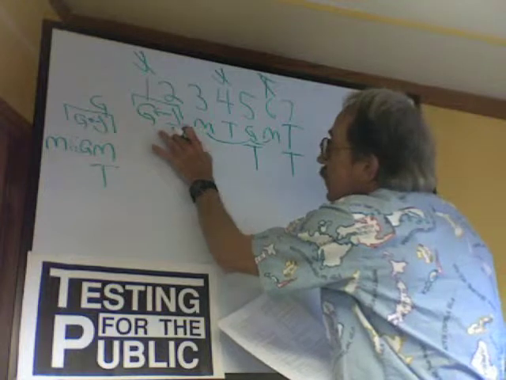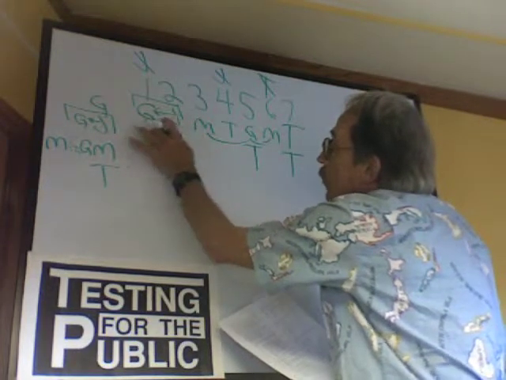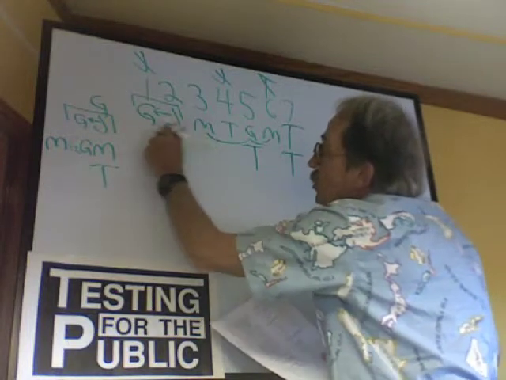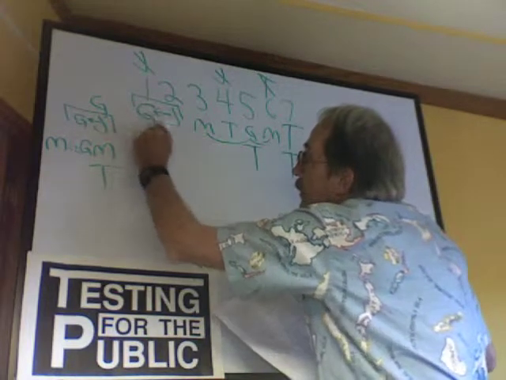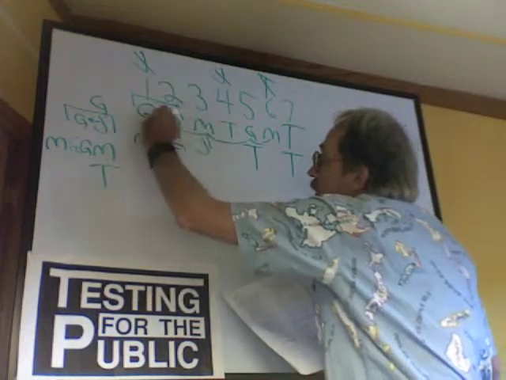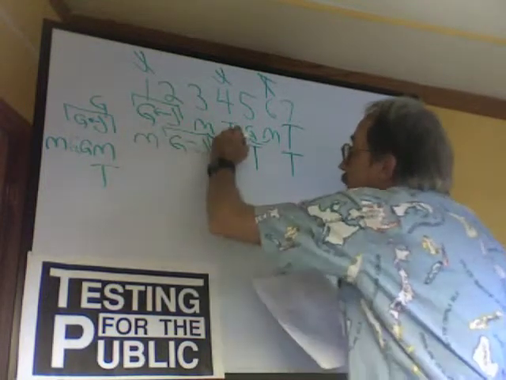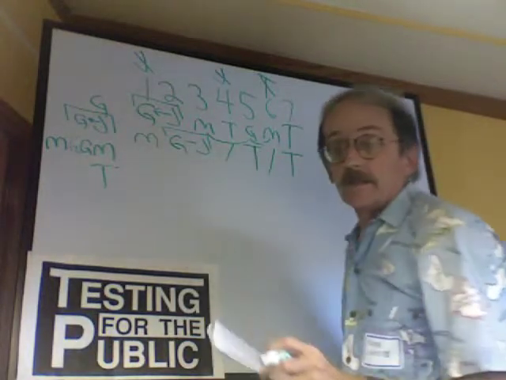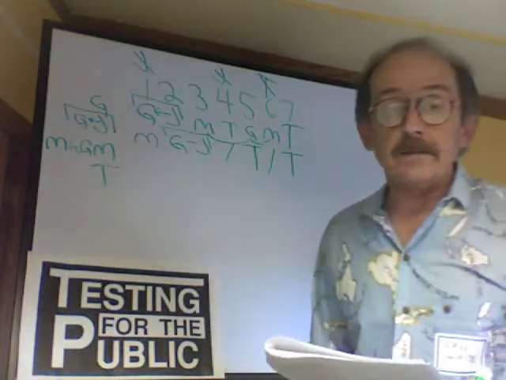We seem to be able to put it here or here, but we also have to have an MGM, don't we? So it looks like we have to put our M here and then our GJ here to get that little block there. And then our other M could either be in 4 or it could be in 6. And now look at what happens.